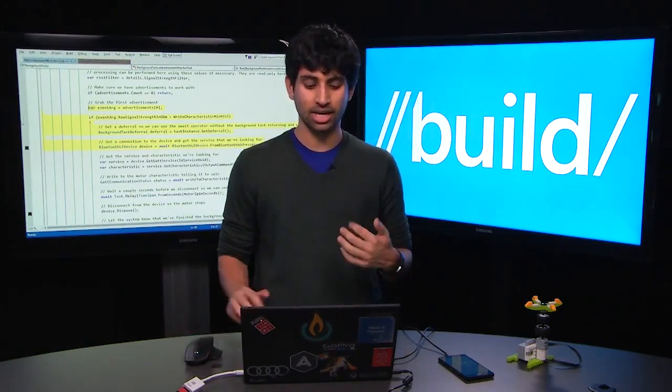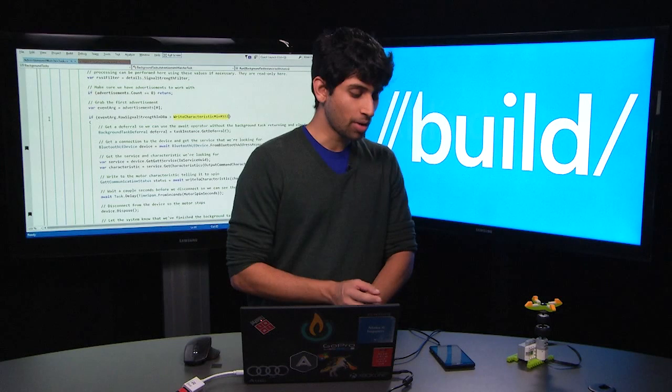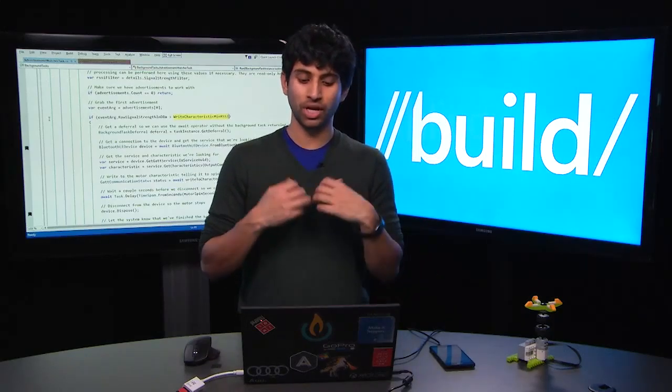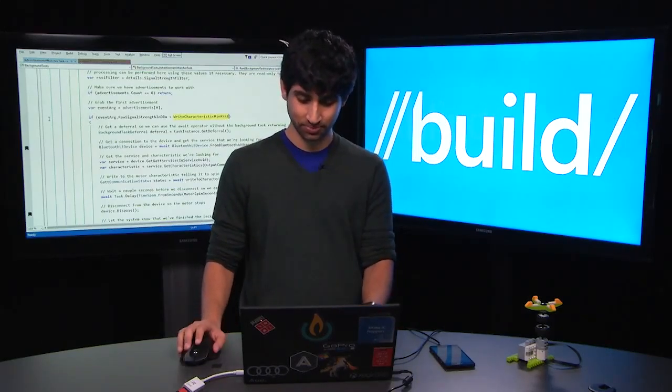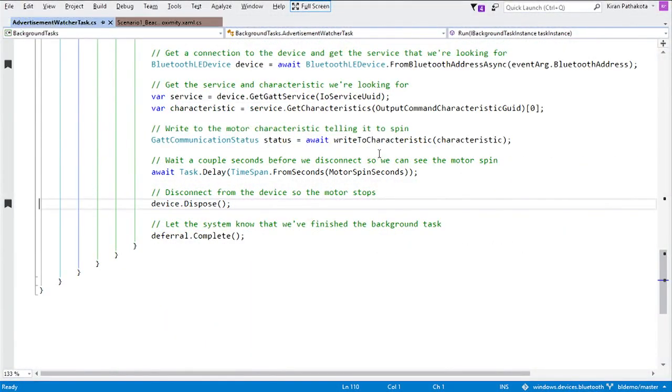The key thing here is I've been very lenient with my background task, configuring the proximity filters, but I really want my phone to only trigger the beacon when I'm really close by. So I'm going to configure a far more aggressive minimum RSSI that actually causes the device to get connected to. So that means that the background task is going to fire multiple times, just showing that you are in the vicinity of the device, but it's only going to connect to the device when we cross a certain minimum RSSI threshold. All right, so once you get the Bluetooth device,